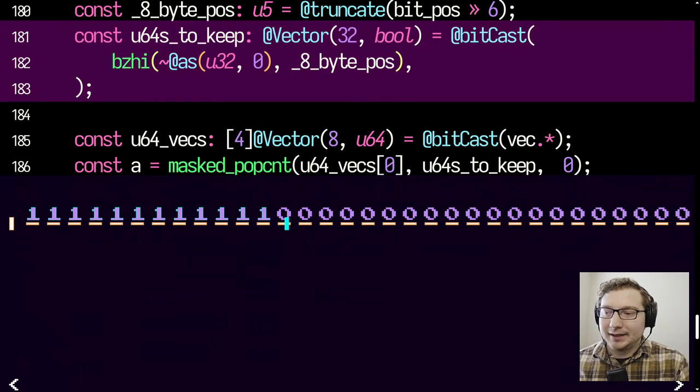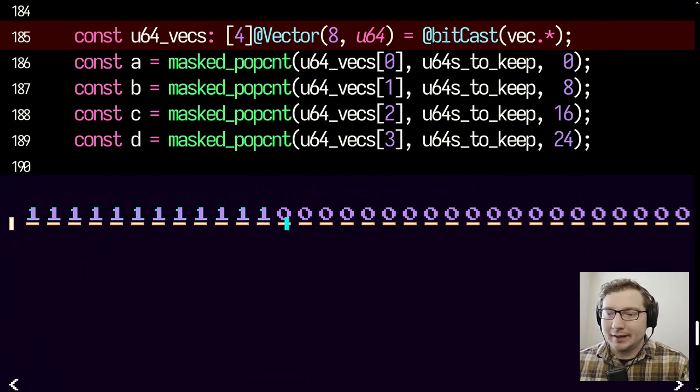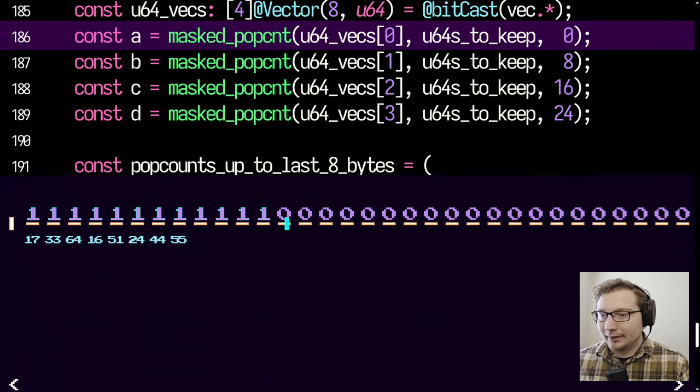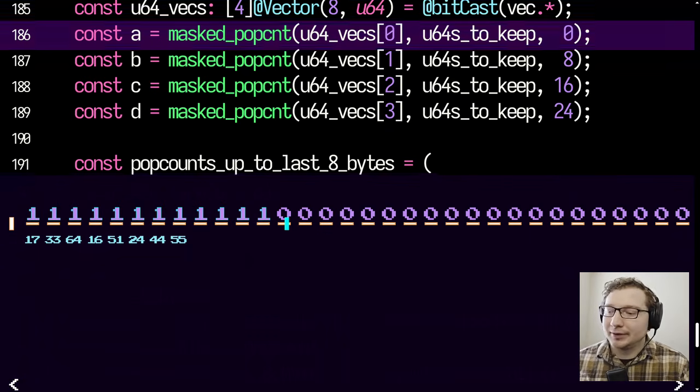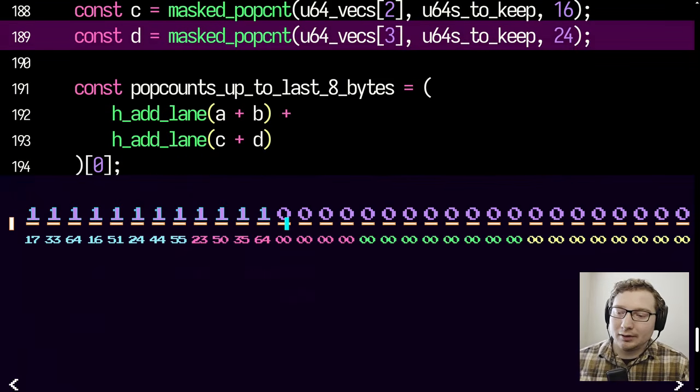Okay. So this refers to which 8-byte value are we in. Then we can pass that into a BZ high, with a bit string of all ones. And this will give us a mask that we call U64s to keep, which is just which 8-byte pop counts do we need to know. Then we're going to do all of the 8-byte pop counts with this mask. So for the first 8-byte pop counts, let's just say the pop count of the first 8 bytes is 17, and then 33, 64, 16, 51, 24, 44, 55. Just made up numbers. And likewise for the other